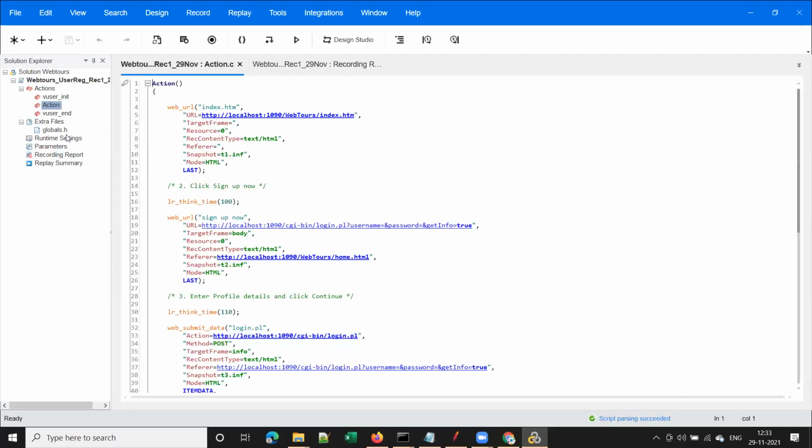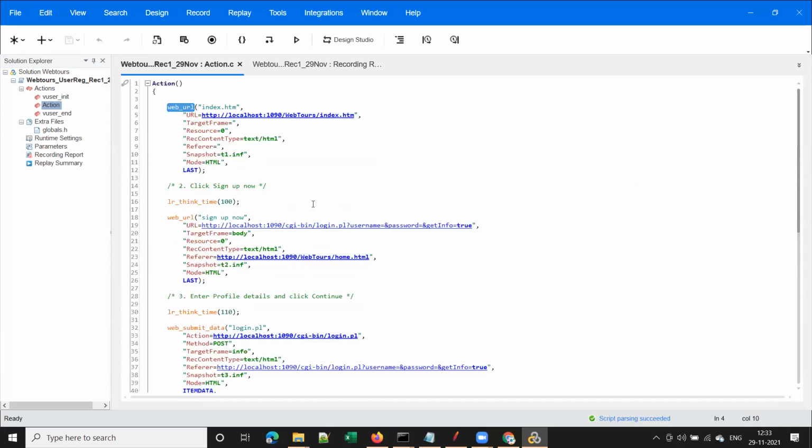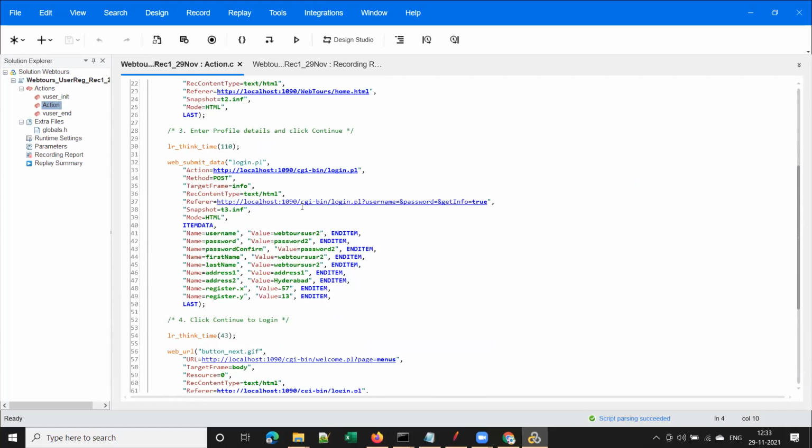Okay, let me show you that script. See here, this is your first script. You can see all the comments that I kept here in green color. Observe here, it has color coding. All the comments will be displayed in green color. And also these are LoadRunner functions. I will explain what a LoadRunner function is. So this is your first script, guys. Your script is recorded now. This is the script recorded by the tool.